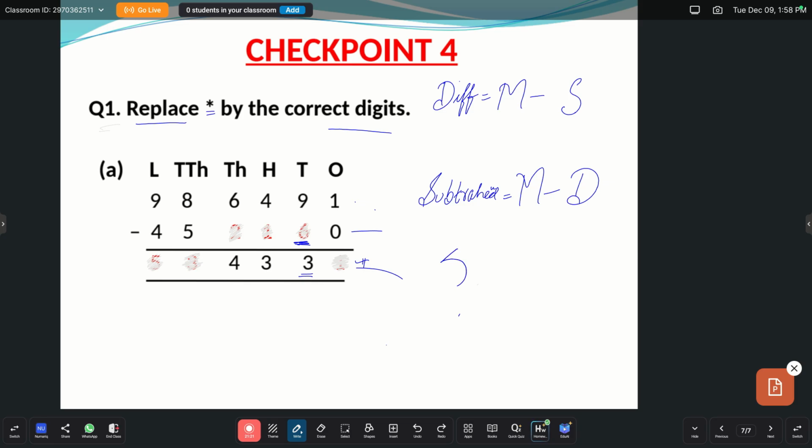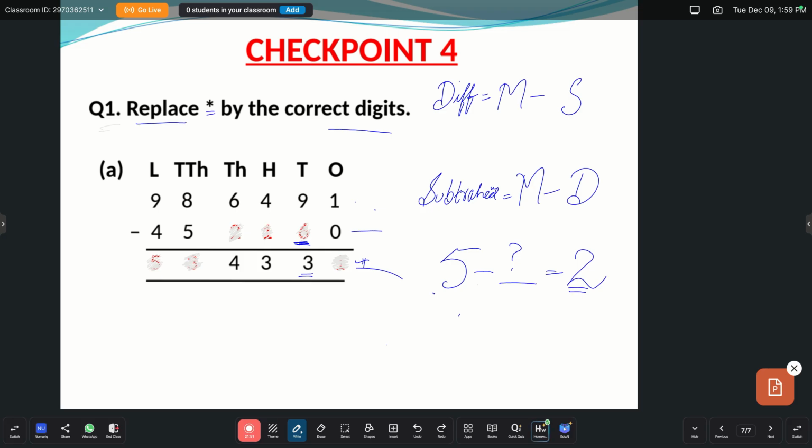For example, beta, here this is 5, this is minus 3, this is equal to 2. If I subtract 3 from 5, what will be the answer? It will be 2. So for finding difference, it's easy. You have to subtract subtrahend from the minuend. Now what if the subtrahend is not given and the difference is given?